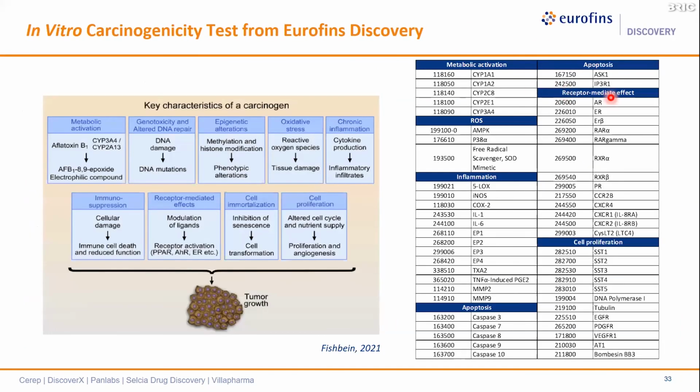Of course, so far we don't have a solid conclusion, so animal models are still necessary, but little by little I think people will shift and think more about how we can address this issue with in vitro assays. So here we summarize the literature and find some key characteristics of carcinogens. There are some potential pathways like metabolic activation, genotoxicity and DNA repair, and also epigenetics, oxidative stress, chronic inflammation, immunosuppression, receptor-mediated effects, and in the end, some cell